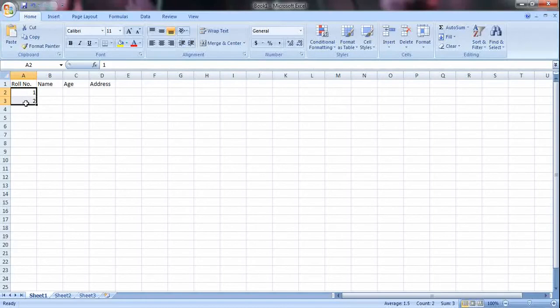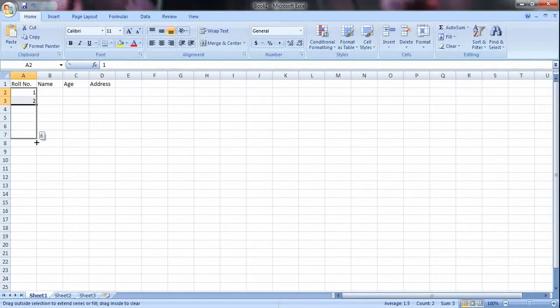Once both the cells have been selected, now just look at this tiny square here at the bottom. You need to bring your cursor on this tiny square and let the cursor turn into a plus sign like this. Once this has turned to a plus sign, you will just left click the mouse and simply drag it down.